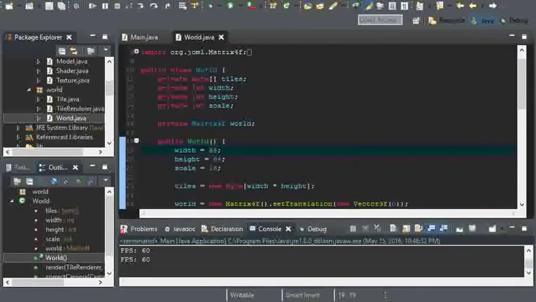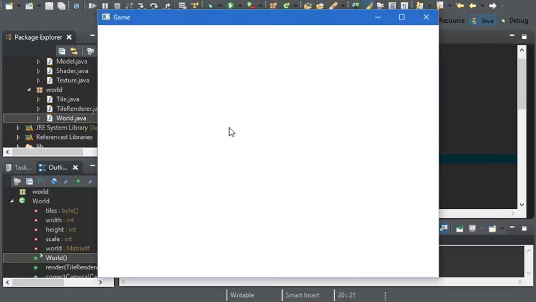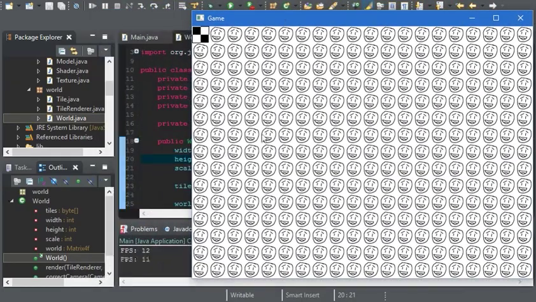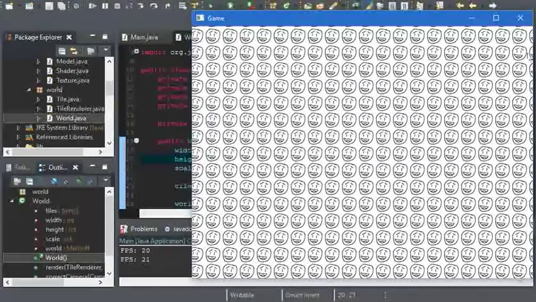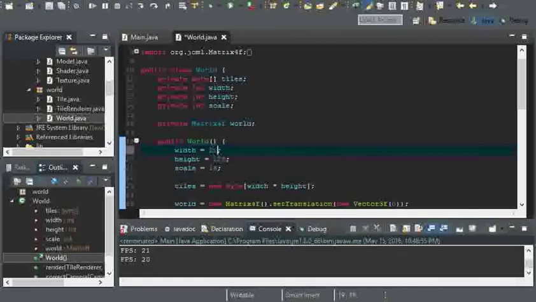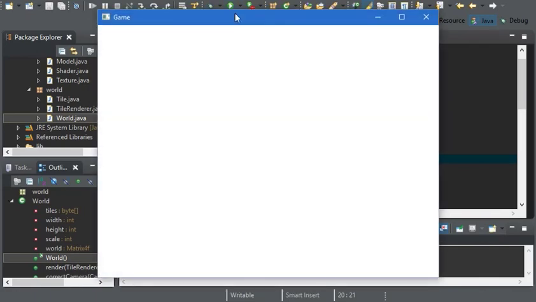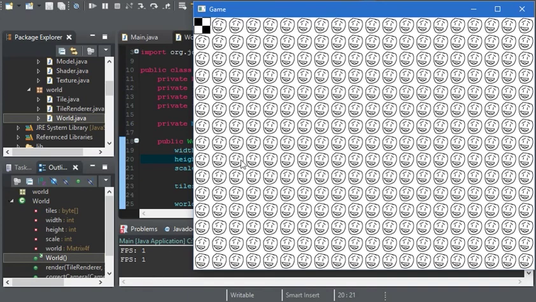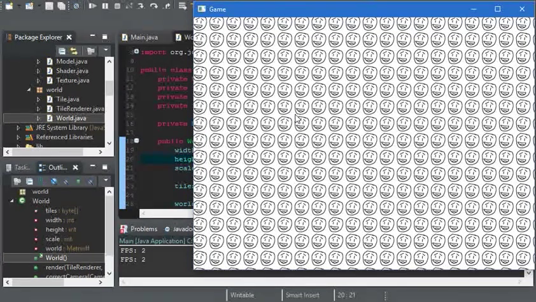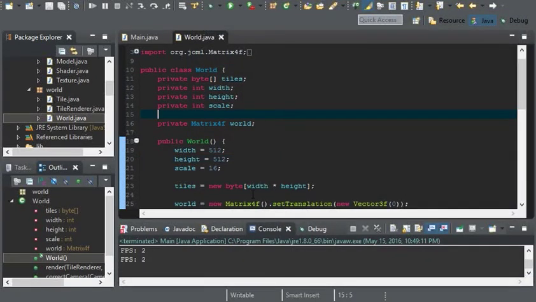But if we increase the size, then it's going to start bogging down and the frame rate is just going to drop a little, if you notice there. And if we do some outrageous number, like you're never going to have a 512 by 512 world, it's not even going to load. 1 to 2 frames a second. Yeah, that looks fun. So we're gonna